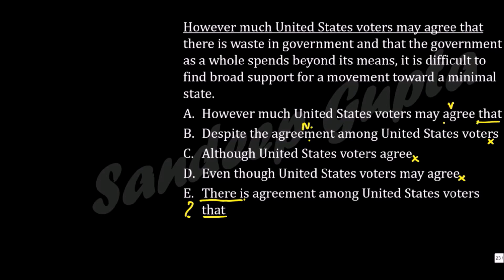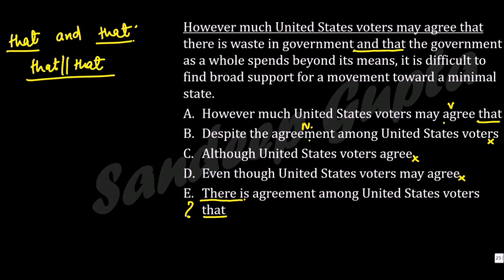Now let's see whether this that is required or not. So we read the sentence further and we find and that. So if we write and that later, it's logical to say we should write the word that first, then only parallelism works. This is a rule on the GMAT called that and that parallelism. It is a very crucial rule on the GMAT and is applied extensively. So if we are using and that, then we should be using one that before. So that eliminates options B, C, and D immediately, because options B, C, and D violate a very basic rule of grammar.